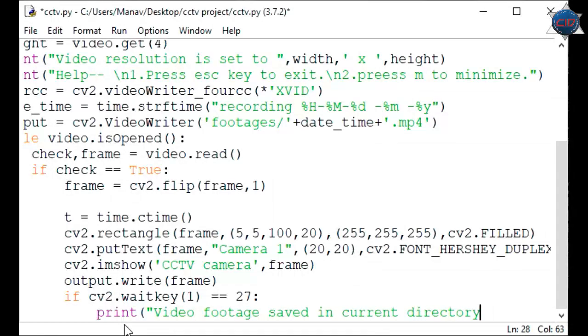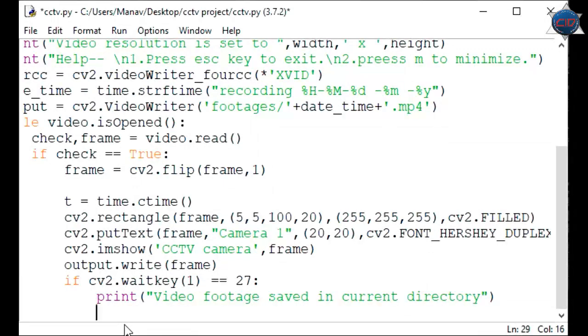You can also pass footage directory. Now that's it, and printing is enough. Now if that happens, then the loop will break.